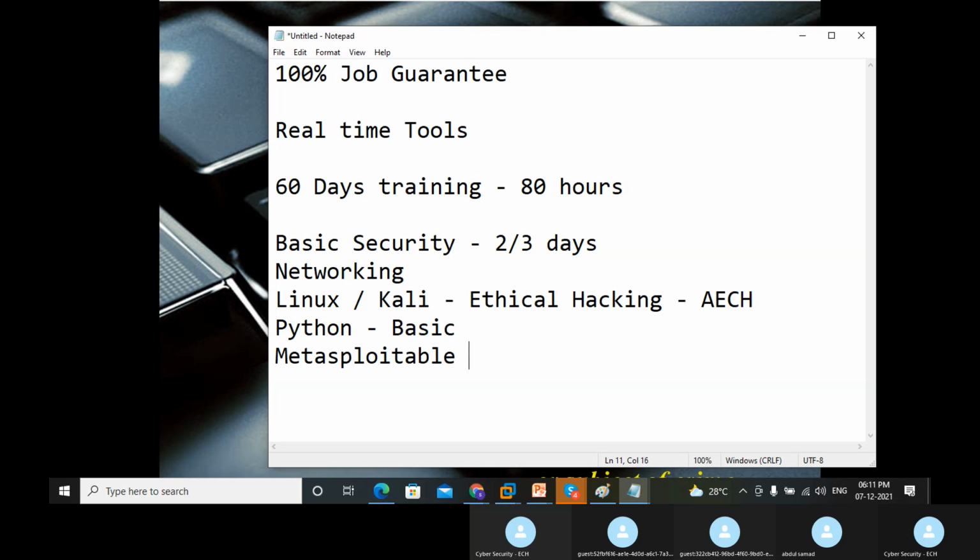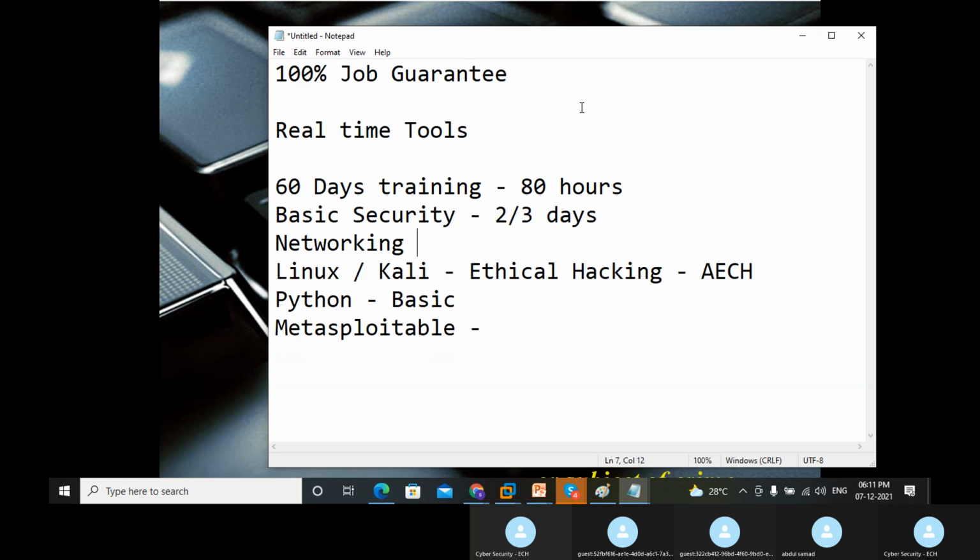So we are going to learn about Metasploit for exploiting all types of protocols, ports and all. We're going to discuss how the hacking happens. This is about web pen testing hacking. This is nothing but what we call a framework, and we are going to use this framework for the exploitation.